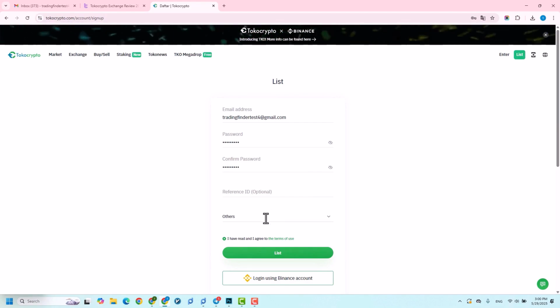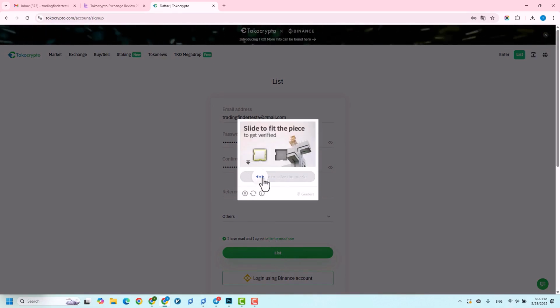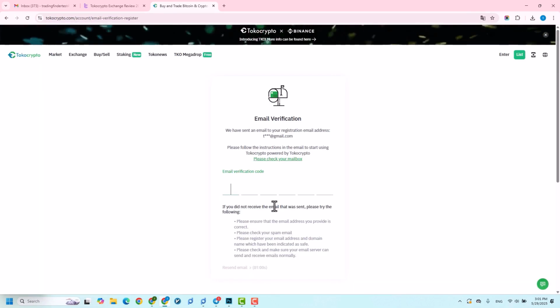The next section asks how you became familiar with this exchange. After completing the form, click on the option indicating that you accept all the terms and conditions of Tokocrypto exchange, and finally, click on the list option. We activate the I am not a robot option, and at this point a verification email has been sent to